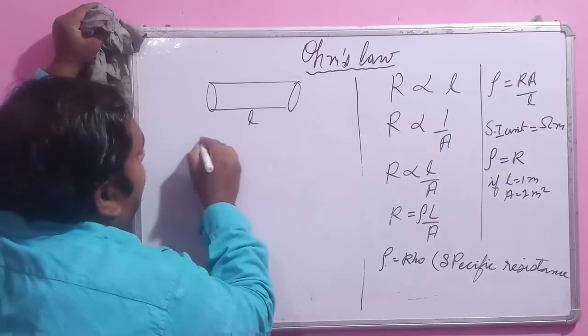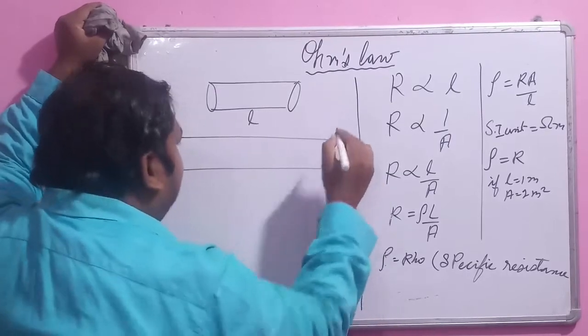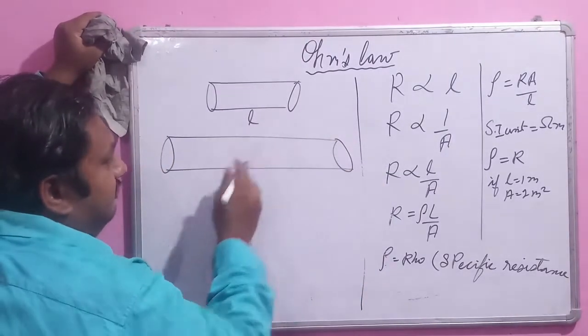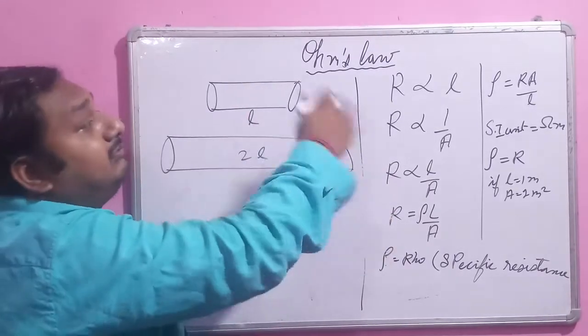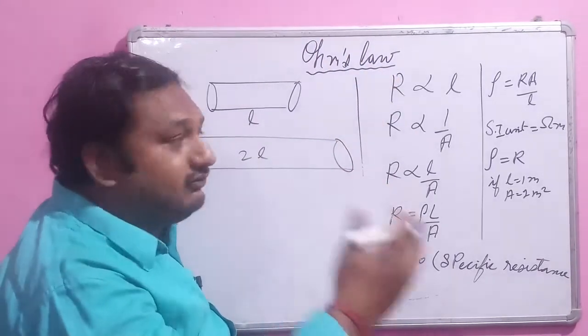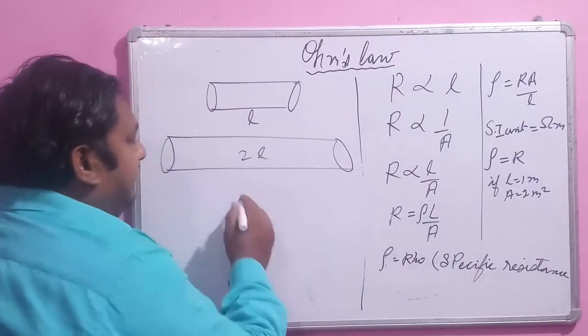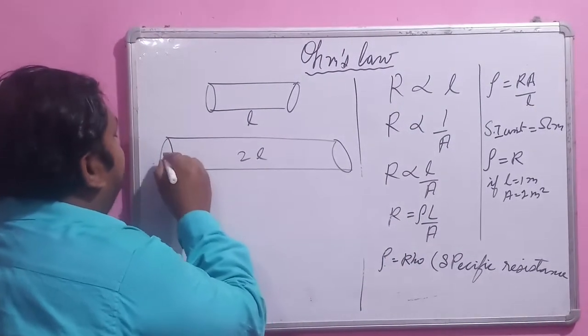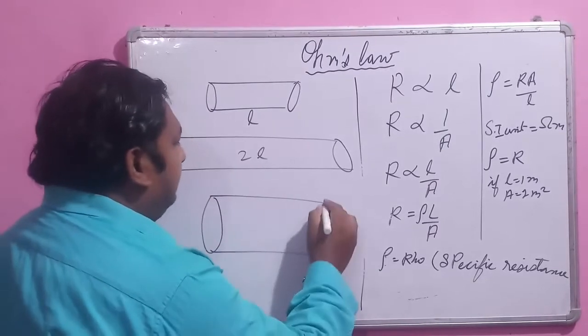If you make the double of this wire, so the length is twice, your resistance will be twice, because it is directly proportional to the length. And second thing, suppose here A is the area, and you make another wire whose area is twice of A,